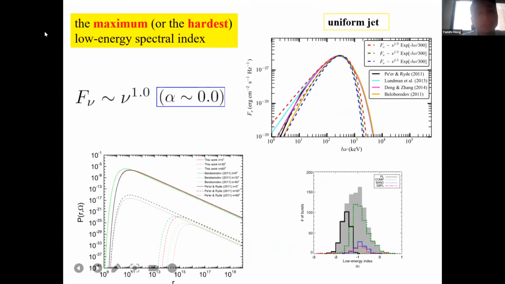Next, we try to discuss the maximum low energy spectral index further. In Deng's work, he thinks that the maximum low energy index is 0.5. But in this work, with careful consideration, we find that actually the maximum alpha should be 0, consistent with this statistical result. This is because in their work, they use the probability